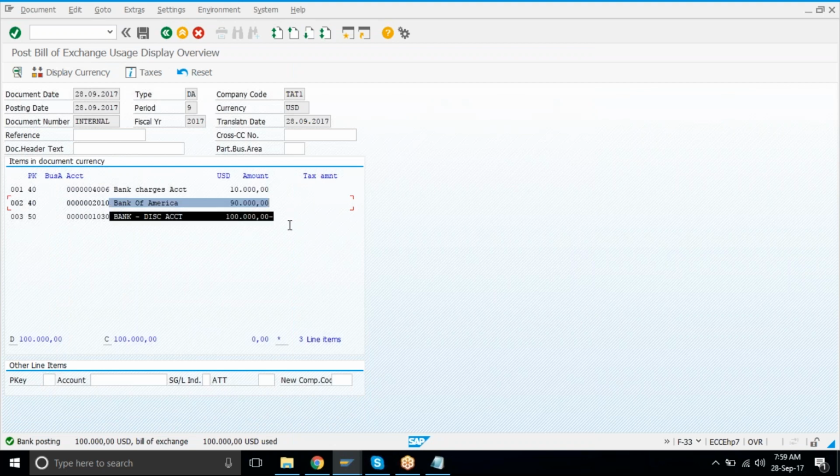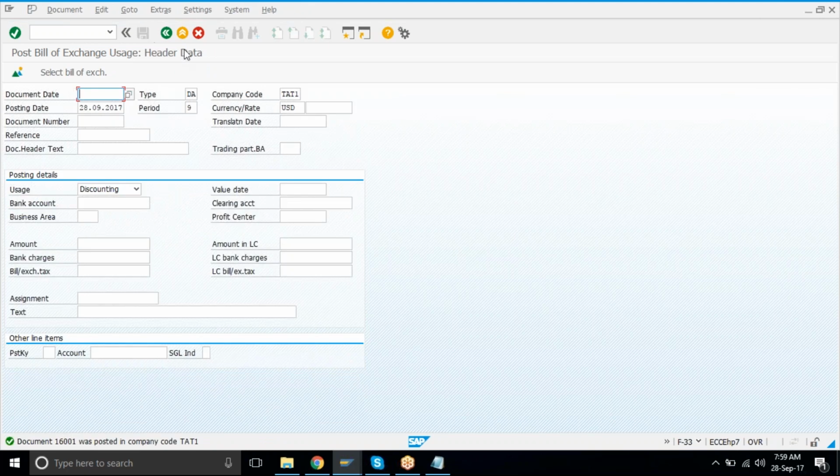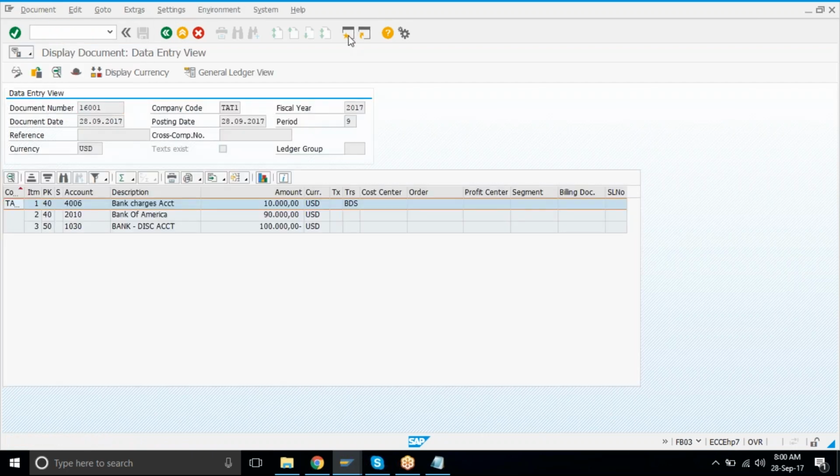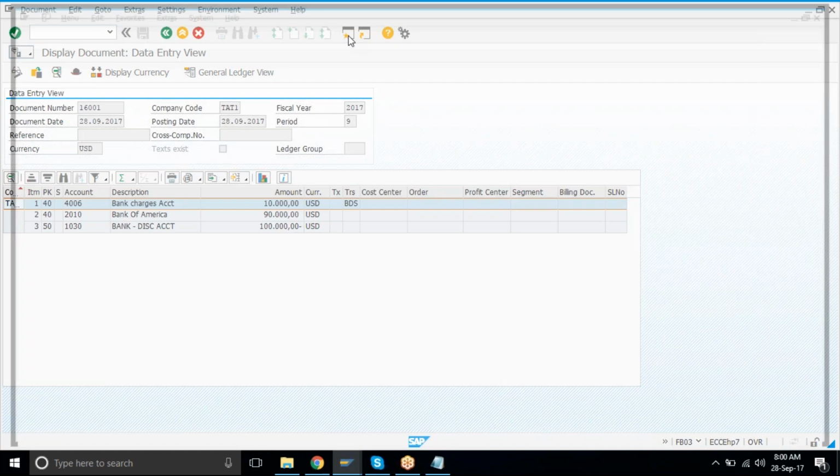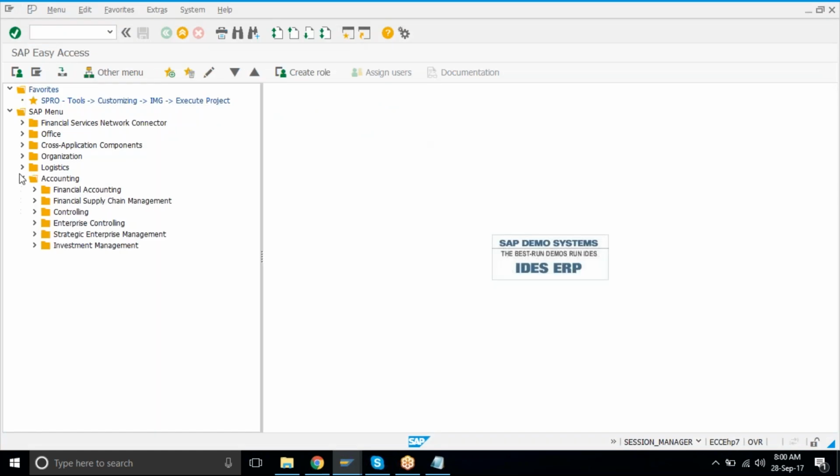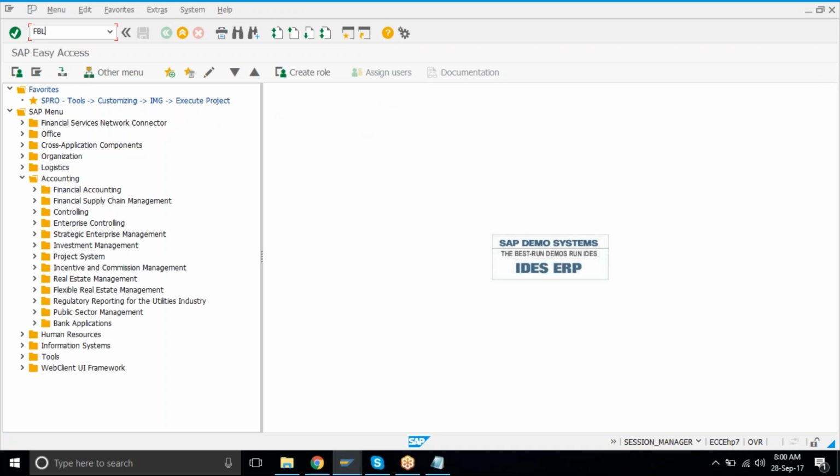100,000 is the invoice value that's being considered, and 10,000 is getting posted as an expense into the bank charges account and posted. So what happened? The bank has given you instant 90,000, 10,000 they have deducted and kept with them, and they are going to receive a bill of total 100,000 from your customer. Now the authority of receiving payment is with whom? Bank. So they are going to receive that money after 1 day, 40 days, whatever the time limit in between, according to the due date. But until then, your two accounts will be kept open.